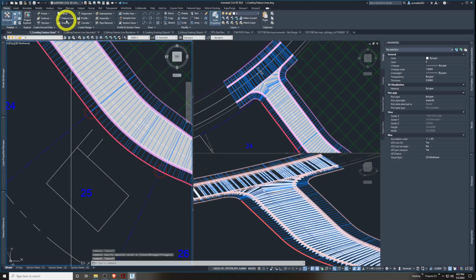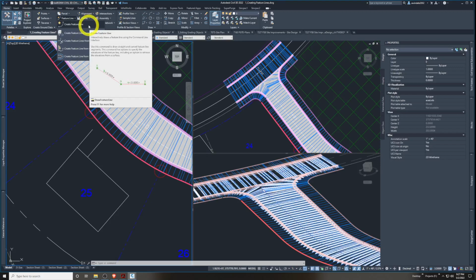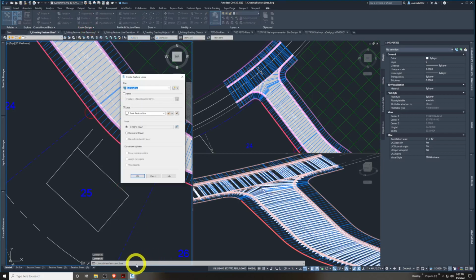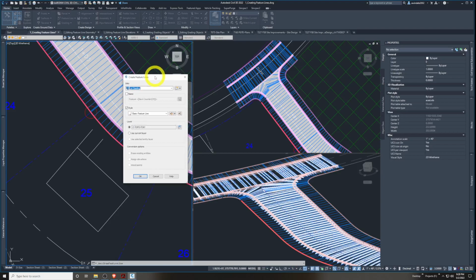And we're going to go back up to the Home tab and go to Feature Line to just create a feature line from the start. And it's going to be based on the command line interface primarily once we get through this. So we're going to pick our Civil 3D site of lot grading. That's good. The book doesn't go through this much, but I will quickly, because this is very critical whenever you're creating a feature line, whether it's from an object or from scratch like I'm about to do,